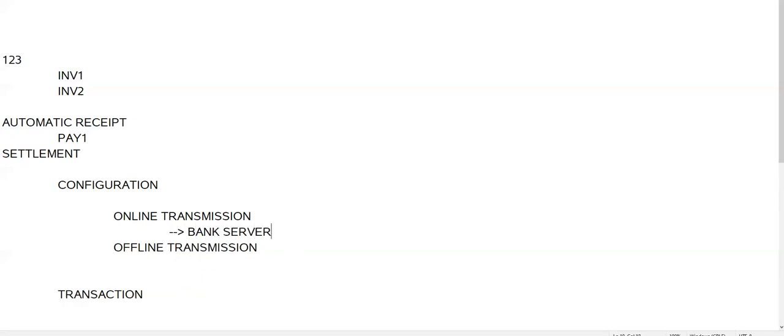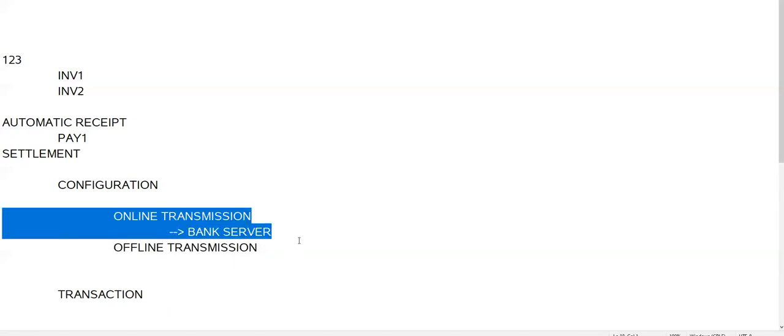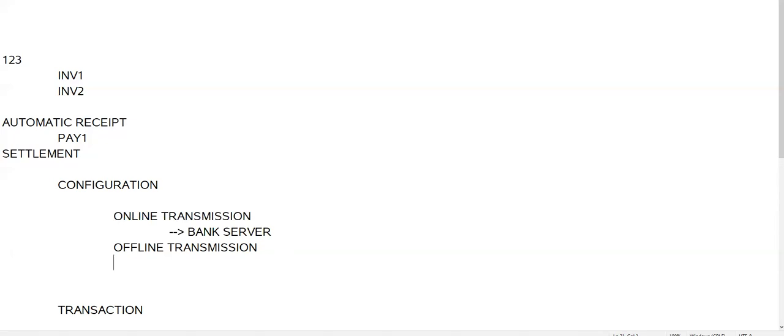That's the online transmission. We are not going to cover this because in this case we have to establish a relationship with the bank and all these things, which I do not have in this real life example. Another one is offline transmission. That means we will create the automatic receipt, and in my system we have all the information which a bank needs in their template.